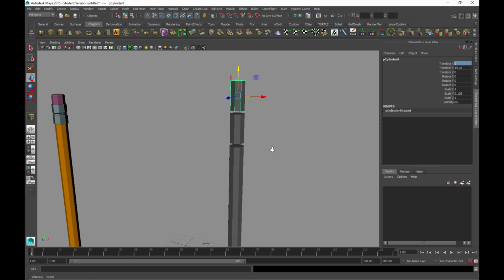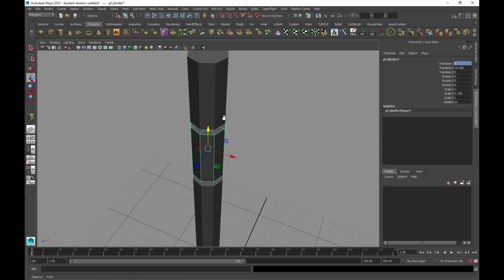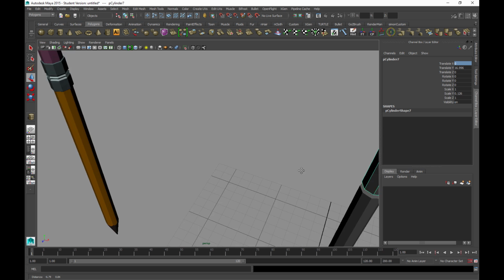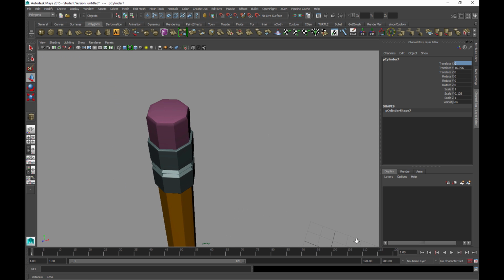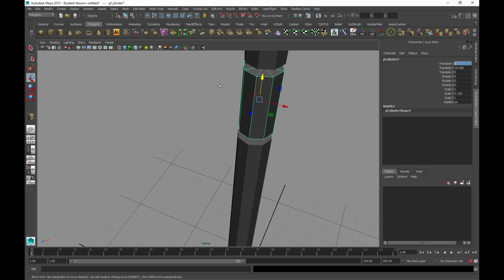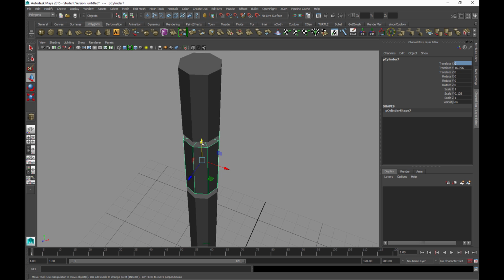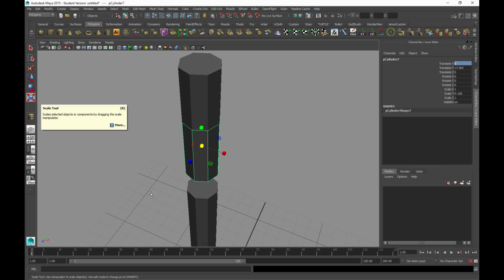So the next thing I want to do is make this piece a bit wider. So it's a little bit thicker than the other 2 parts, and you can see that that's so that we get this little overhang just here. So what we can do in order to double check this is just overlap this one with the eraser. Like this, so just pull this up, then grab the scale tool just here, and that's R on the keyboard,